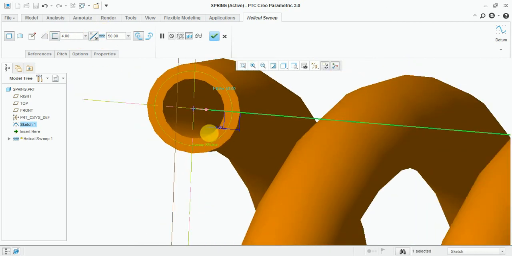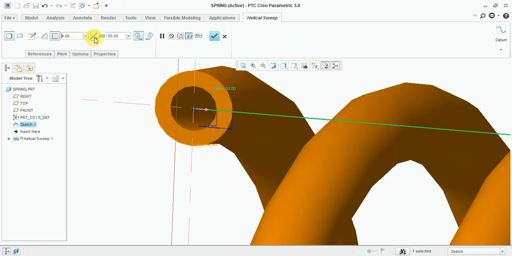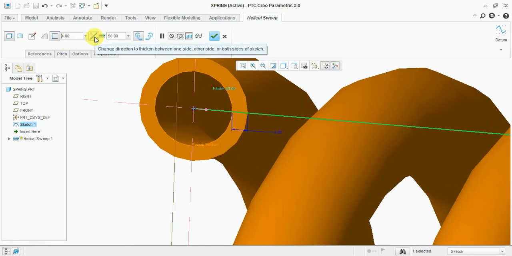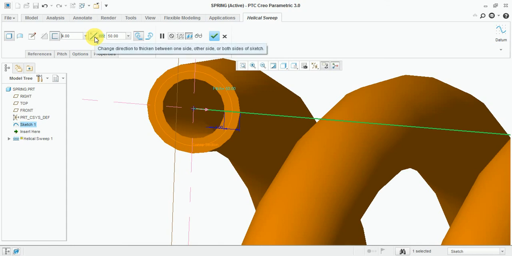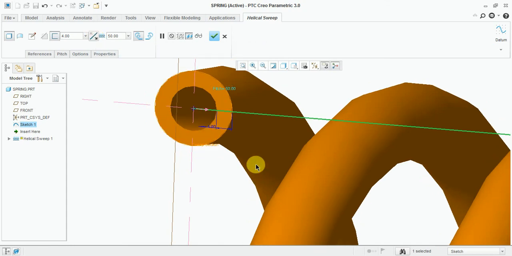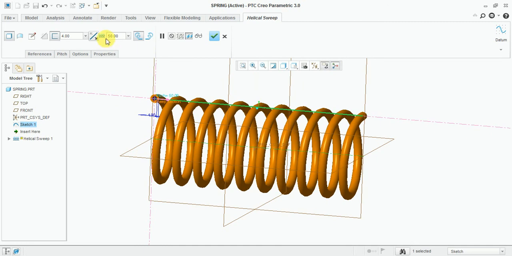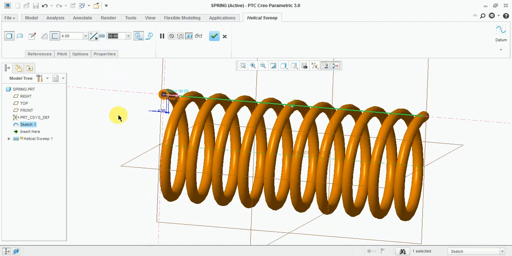Thickness apply. Inside, outside, and this one is the middle one. You can change it, you can keep it as per your requirement.